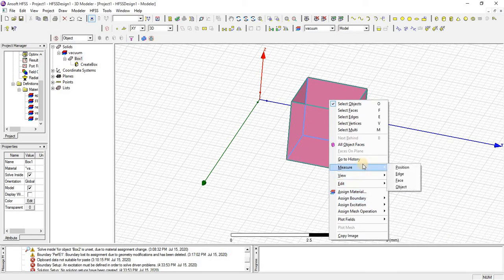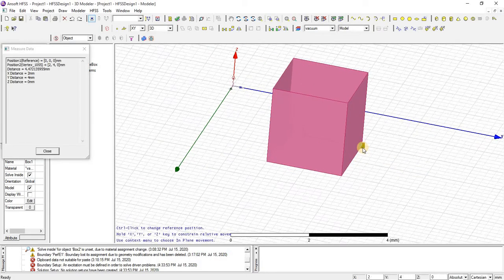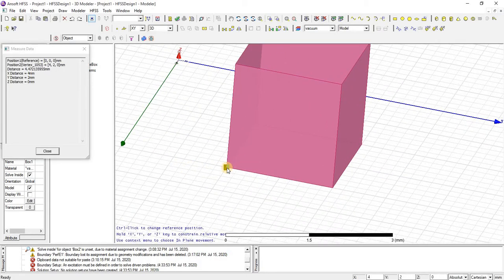Next is measure. With the measure command, we can measure the position, edge, face and complete object. First we will see how to measure the position. Starting position, and then there will be an end position.